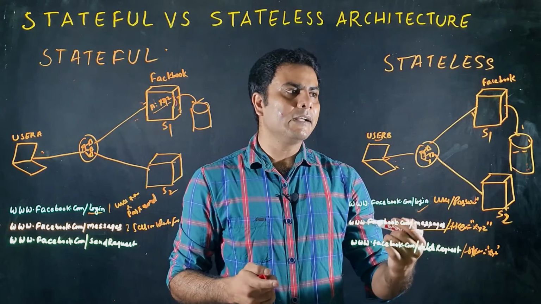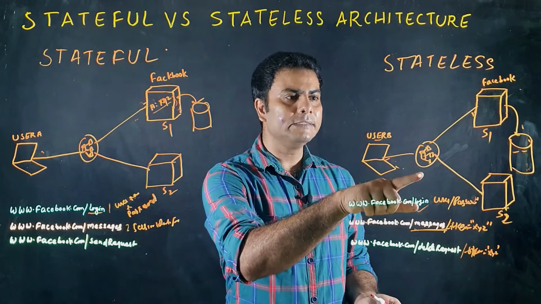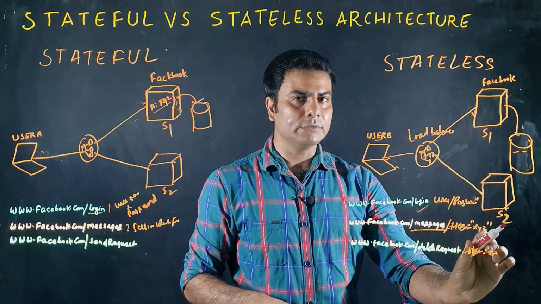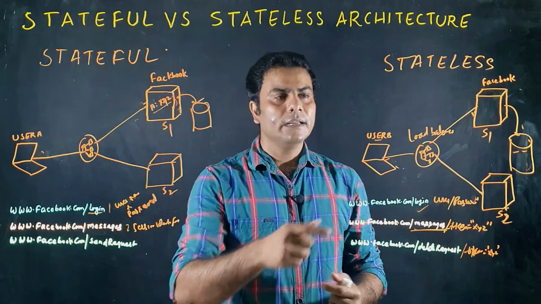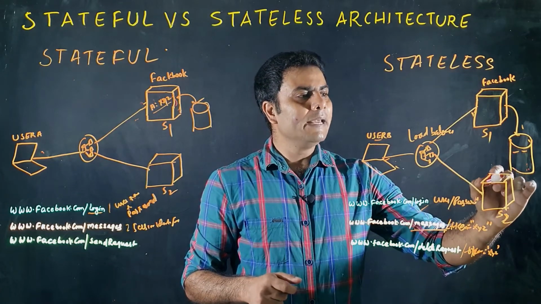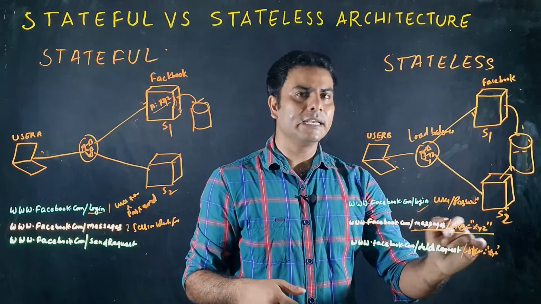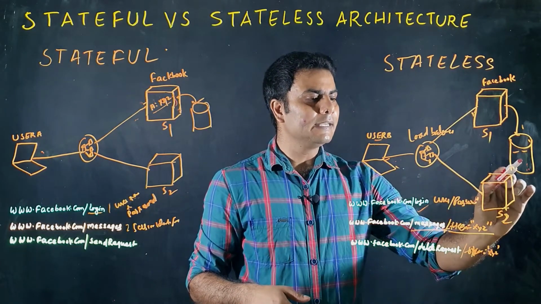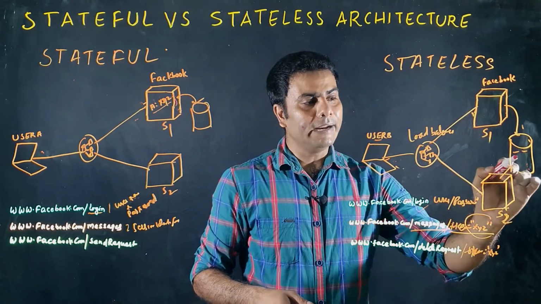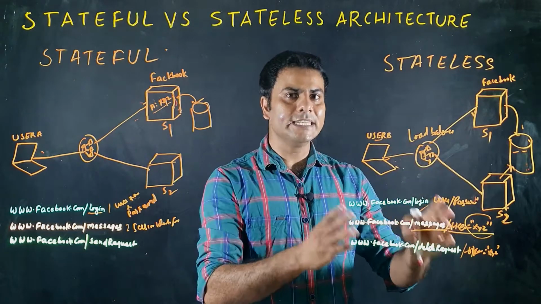So in the subsequent request, when the user makes a call to see the messages, the user will make a call to the load balancer. So the load balancer can redirect the request to S1 or can redirect the request to S2. This time, the load balancer redirected the request to the S2 server. So the S2 server will make a call to the database with the help of the token, because this user is sending the request with the token. So S2 will check if this user's token is valid or not. Then S2 finds that okay, it's a valid user. Let him be redirected to the message page because the session is still valid.